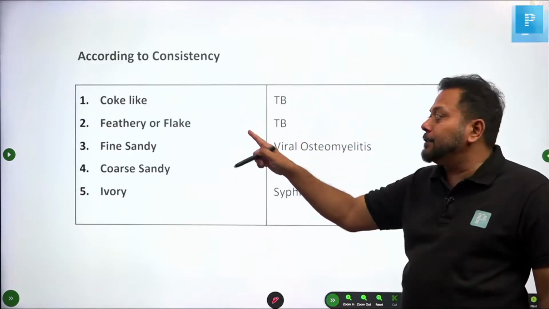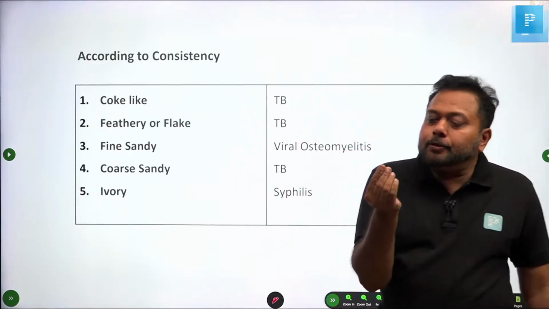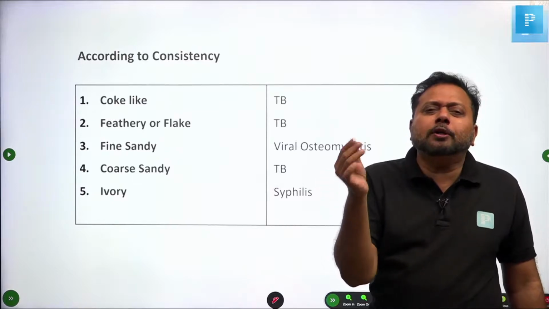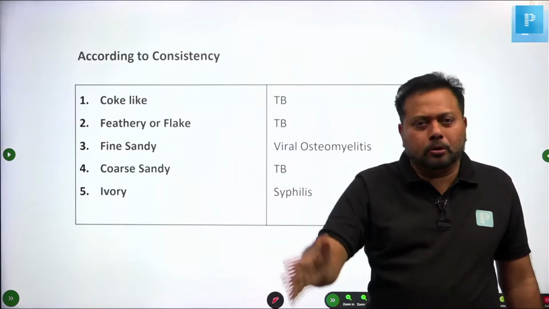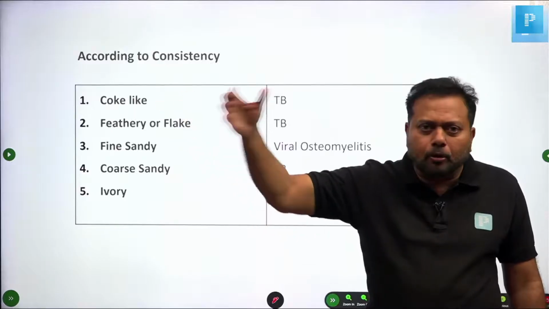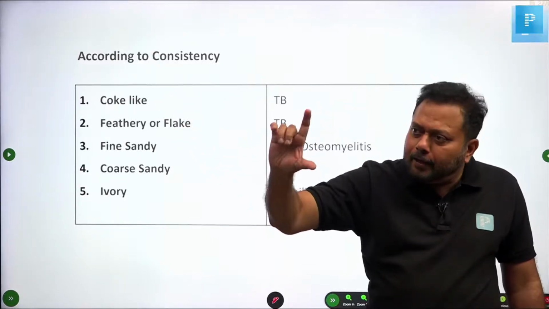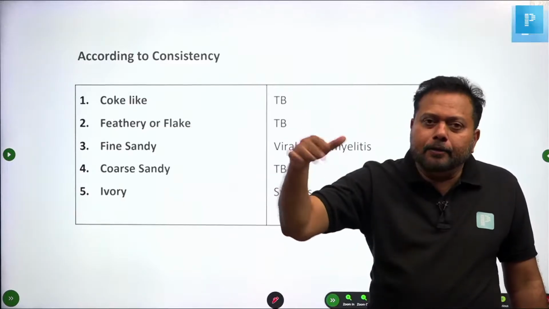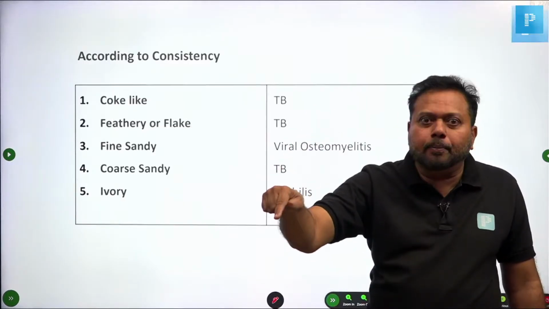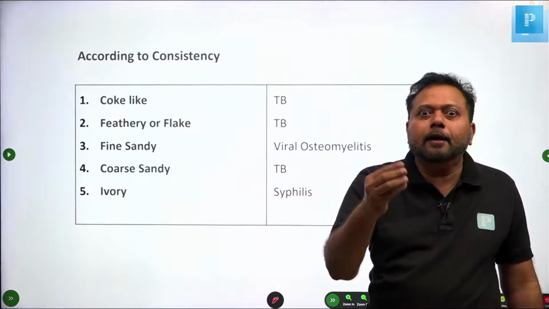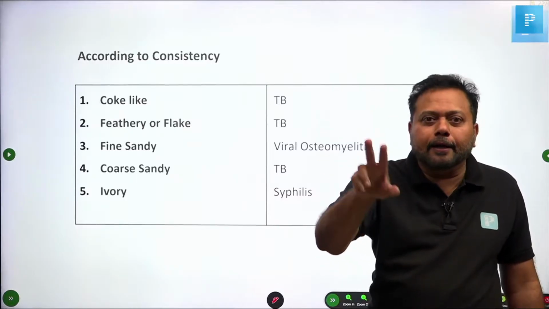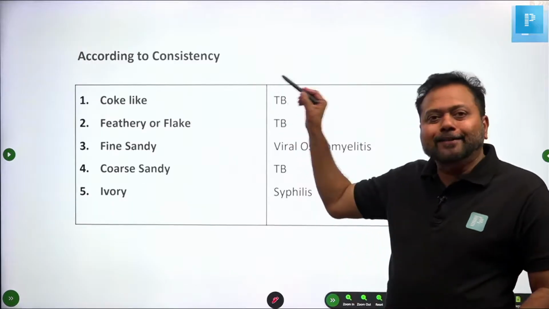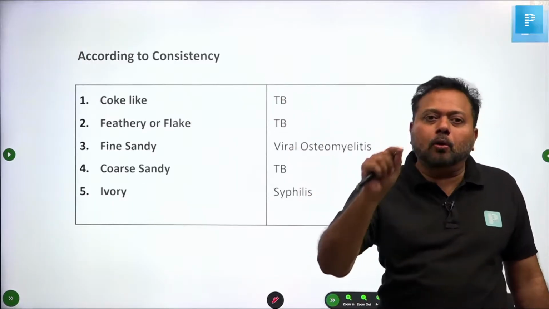According to consistency, when you touch the sequestrum, it is dark brown in color and sticky like coal tar. Coal tar is called coke. Coke means the immediate thing that comes to our mind is our drink. That drink, when you spill it on the table and touch it after 10 minutes, it will be dark brown in color and sticky like coal tar. Since it looks like coal tar, they named that brand coke. Originally, coke means coal tar. So exactly, you are getting a coal tar like or coke like sequestrum.